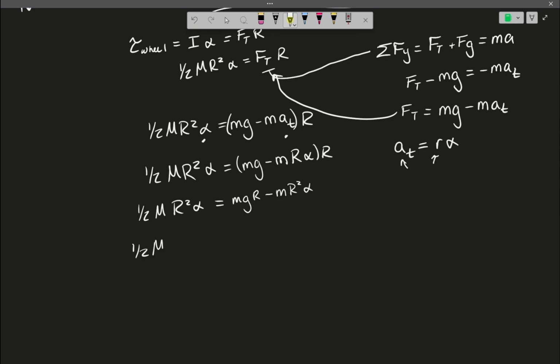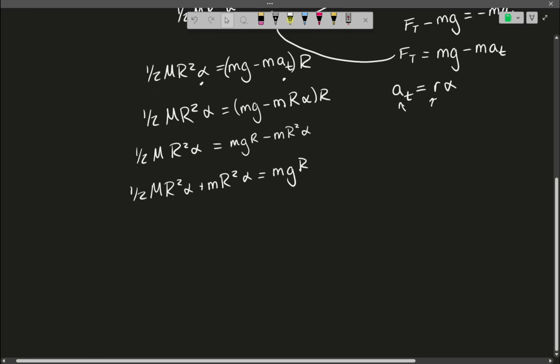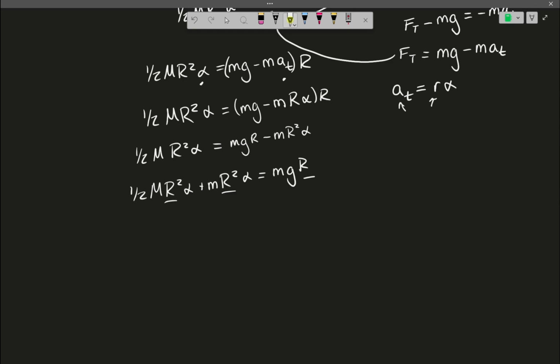So this 1/2 capital M r squared alpha plus lowercase m r squared alpha is equal to mgr. The next thing that I can do is I notice that I have r in all of these. I can cancel out one of the r's. So I can divide all of this by r, and I'll end up with 1/2 mr alpha plus mr alpha